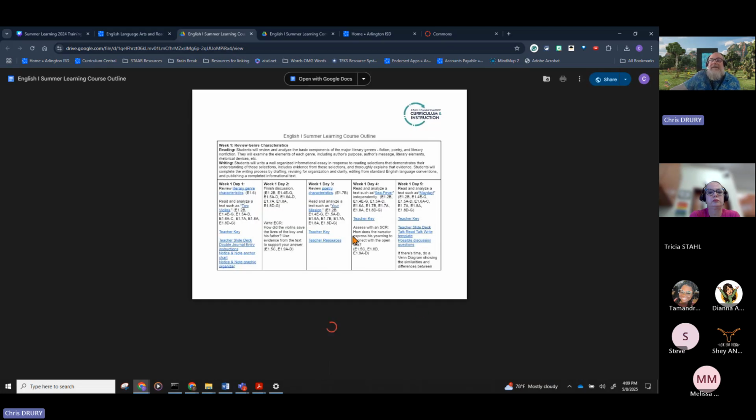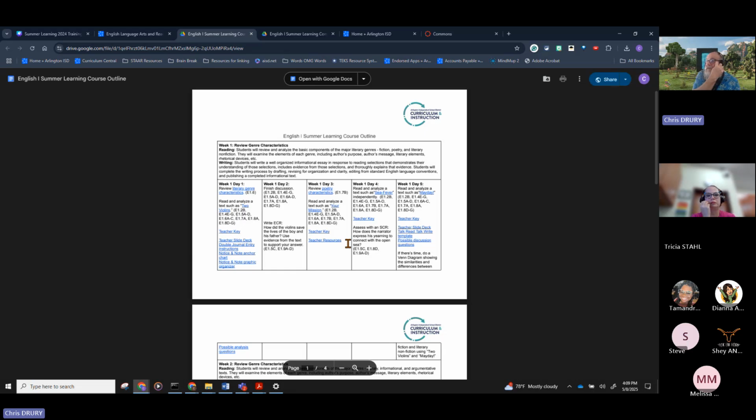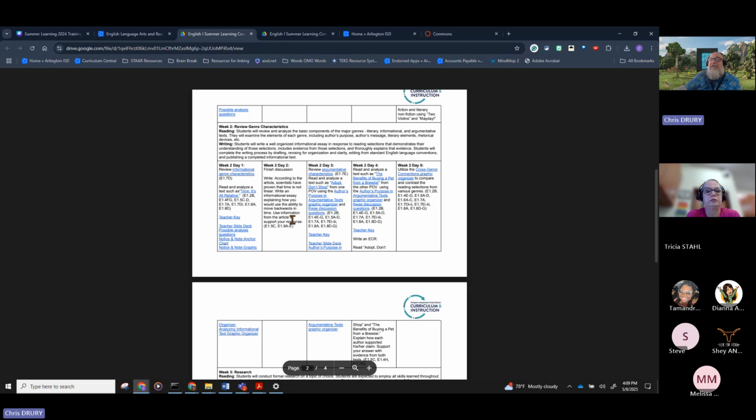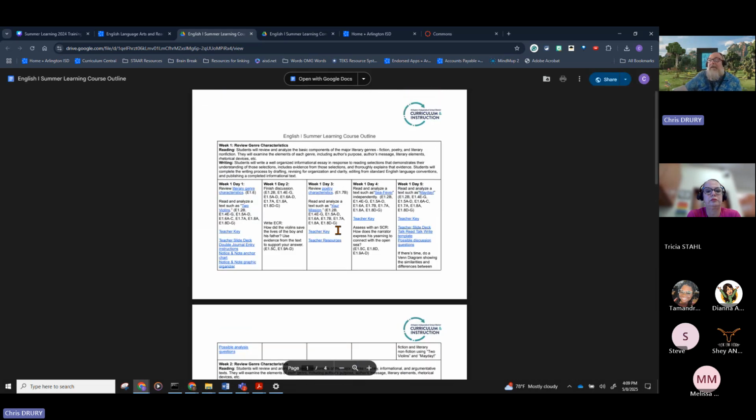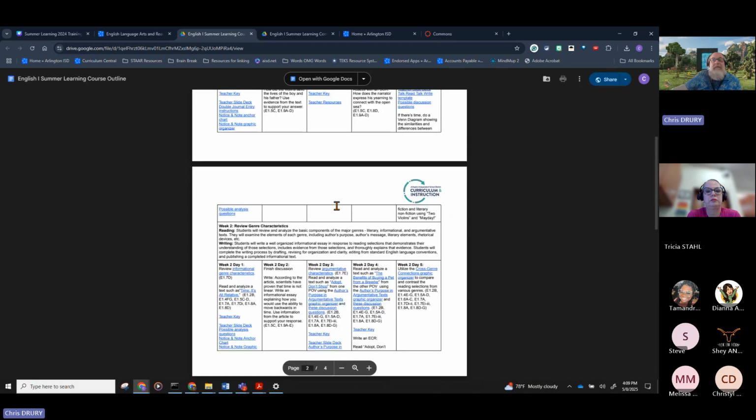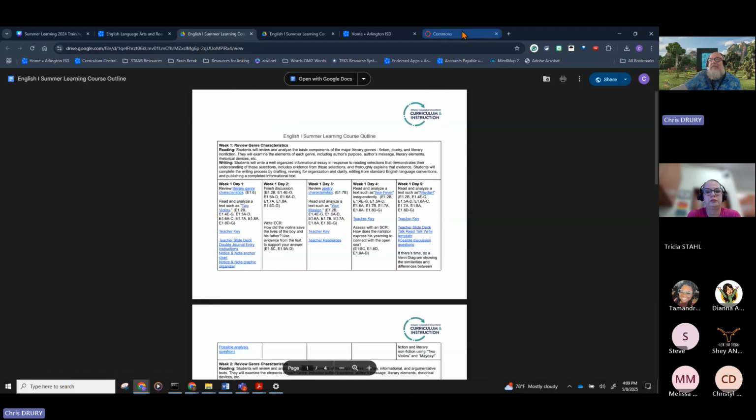But there's also this course outline for English 1 and 2, and there's 3 different ways you can look at the course. If you're more comfortable looking at our curriculum documents, there's a curriculum document. If you want to see, seriously, day by day, what should I be teaching and where are the links, this calendar will do that for you. And if you want to connect either way you like to look at it to the Canvas course in Commons, you can just pop that open and work your way through there. So those are all the 3 different ways for English 1 and 2, how you can access the curriculum and look at what we've written.